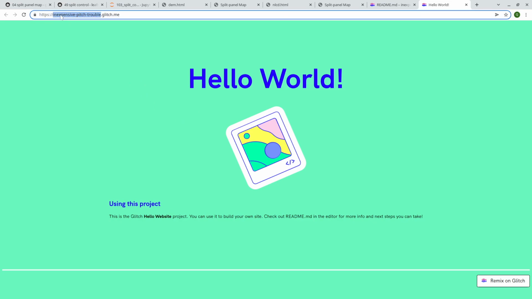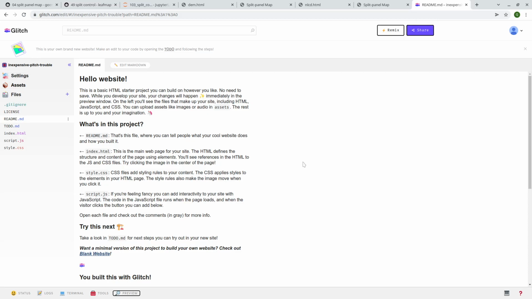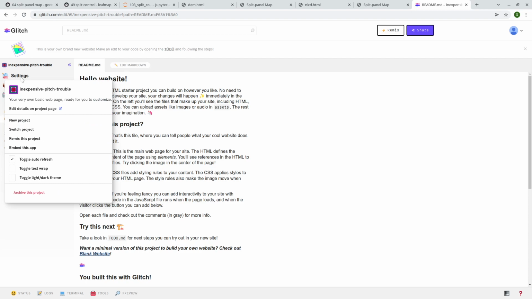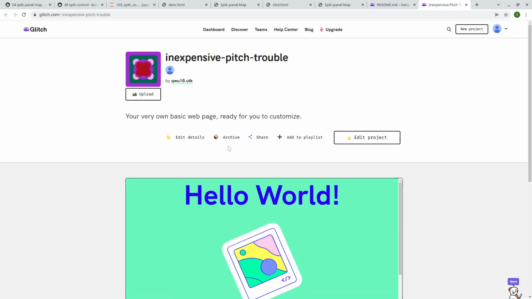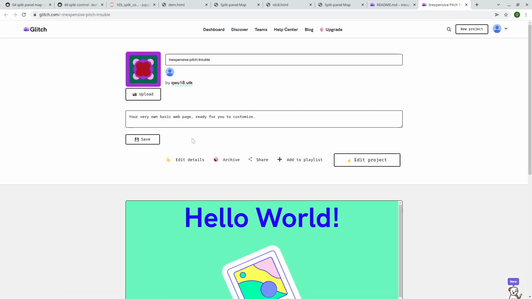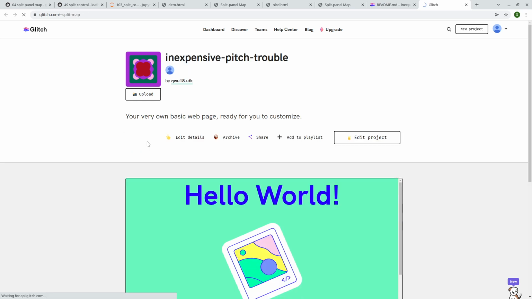If the name is too long and you want to make a change, you can do that. I'm going to show you here. Just go to, I think, Settings, and Edit details on the project page. From here, you can click Edit details, and this is where you can make the changes. For example, let's say a split map. Now this one will be the new URL. So we can go back to here, edit project again,